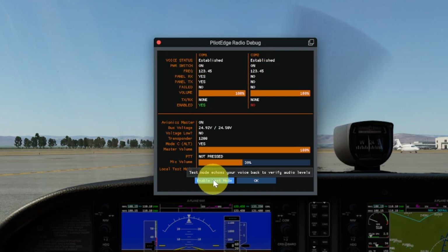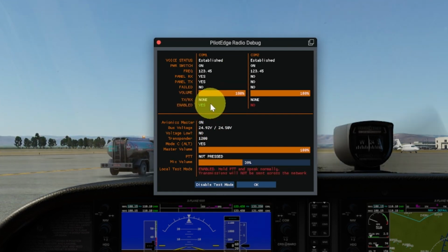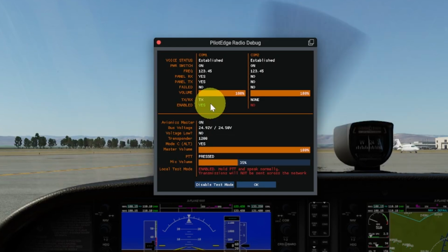I am going to enable test mode. It doesn't transmit anything on the network, but locally it will play you your audio back, so you can listen to what you are going to transmit on the network. So I will enable test mode, and my COM1 is selected, and I will just use my push to talk button. Hello mic test. Hello mic test. Hello mic test. So I can hear myself back here, and I can do the same on COM2,